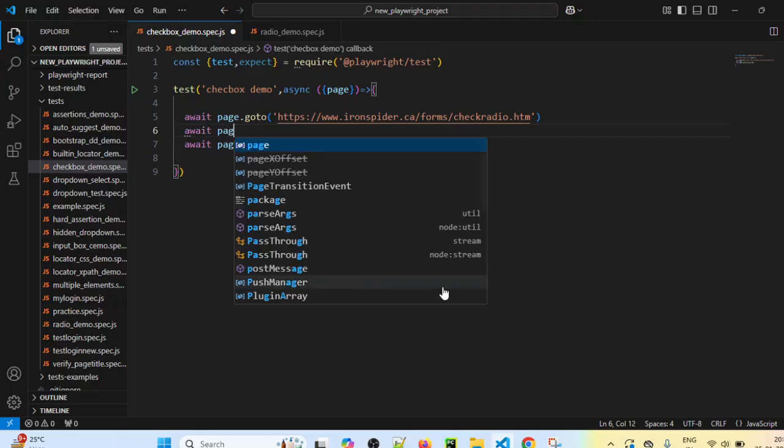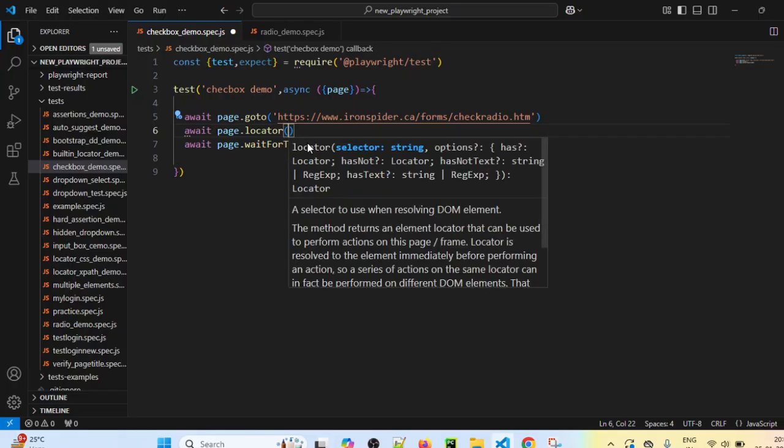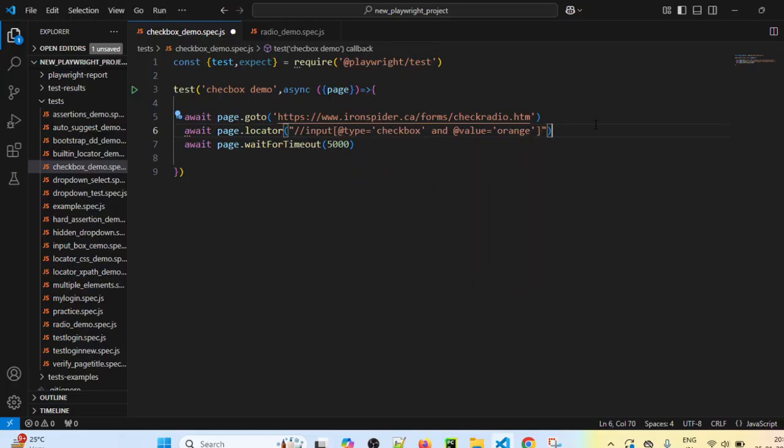So next step is await page.locator. In this locator, we have to pass the XPath which will capture that orange checkbox, and then to select that checkbox, we can use dot check method. We can use dot check method that will eventually click that checkbox. After that, I am just waiting for 5 seconds. 5000 milliseconds means 5 seconds, so that we can see that checkbox is getting clicked. Now I am just saving this file,